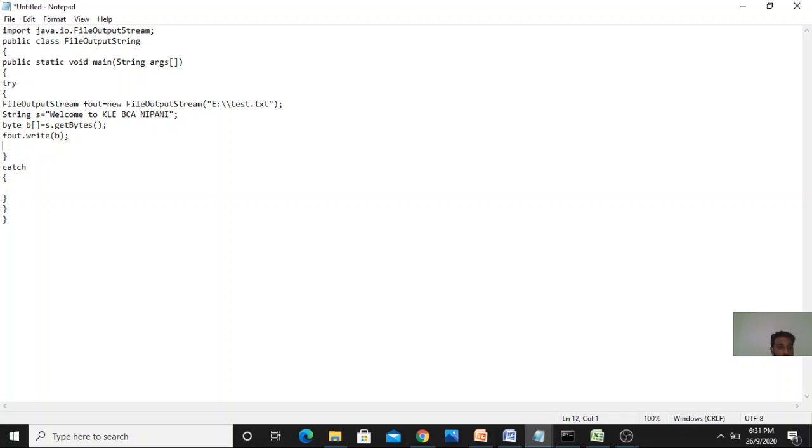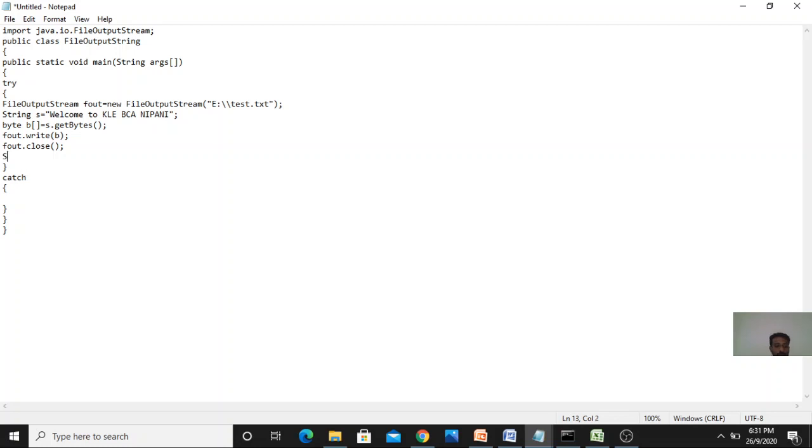Next I will close f.out, I will just close the file output stream. I want to know whether the file write succeeded or not, so I will print a success message if it's done. If I get an error, then that error will be handled by the catch block.